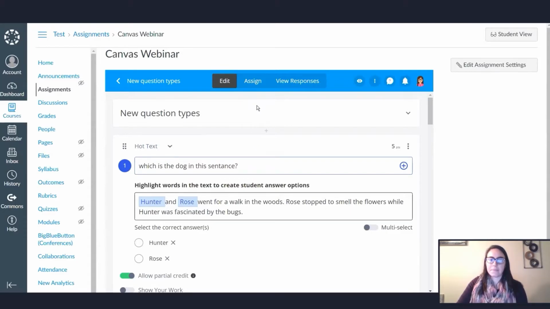Okay. The assigning process is going to be the same for both ways to access a formative. So we're going to look at this really quickly. Once I've picked the formative that I want to assign to my students, I'm going to hit Assign,